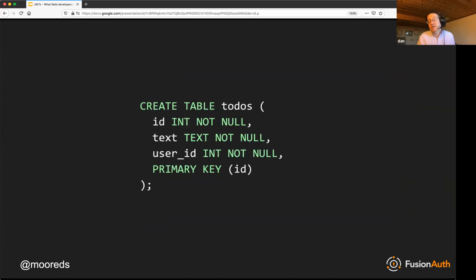The to-do data store might be a typical relational database. It might look a little bit something like this. And the real question is, what does this user ID look like? How do we tie the to-dos for our application to the users when you can't use a foreign key or anything like that, because they're totally separate, distinct, disjoint data stores?